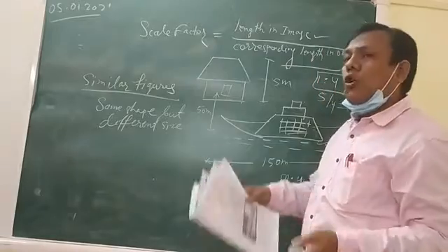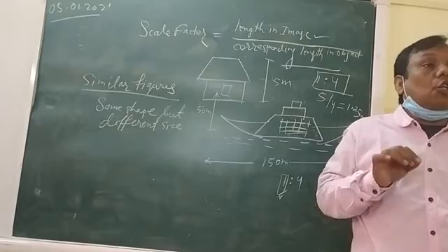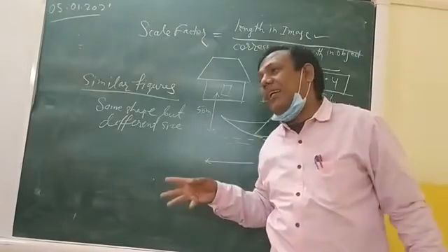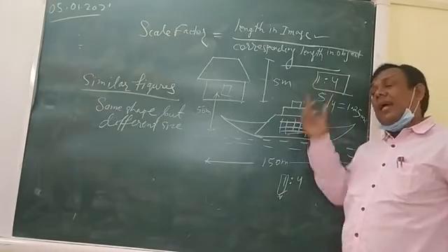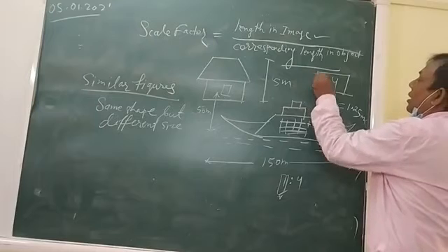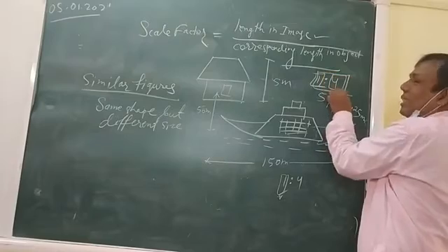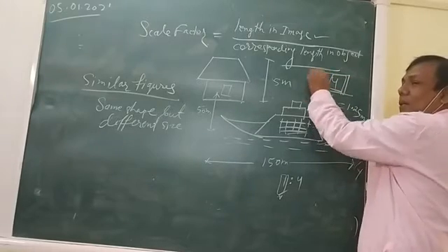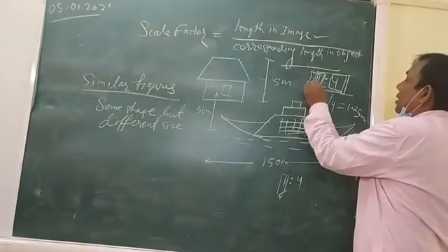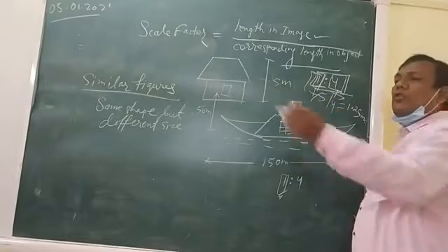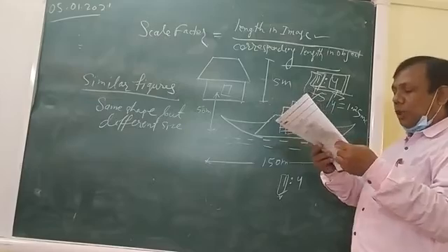Got it or not? So whenever you are solving a question based on scale factor, always see the scale that is given. This is the main thing. And always think that this is for image and this is for real. It means this is the object and this is the image. If the question describes which is the object and which is the image, you have to solve the question according to that. Clear or not? So let us go ahead and see the question.